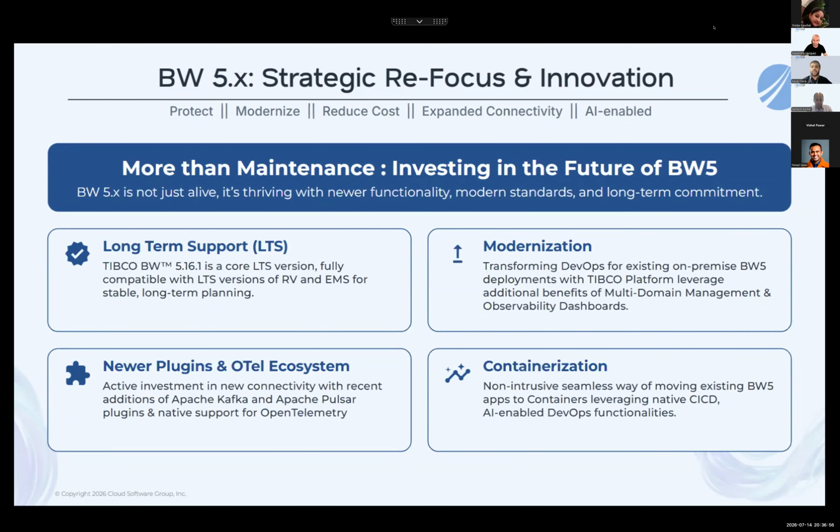We are making sure that it is not only a maintenance product, and that it is not seen like that even in your organization, and to make sure that we convey the right message about how we are investing in the future of BW5. The 5 goals that we are focusing on is, first and foremost, to protect your existing deployments,